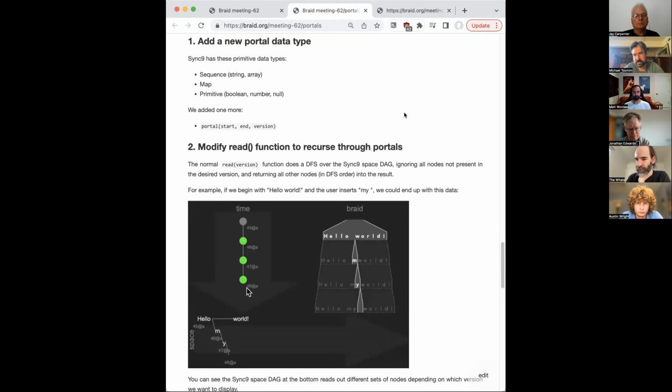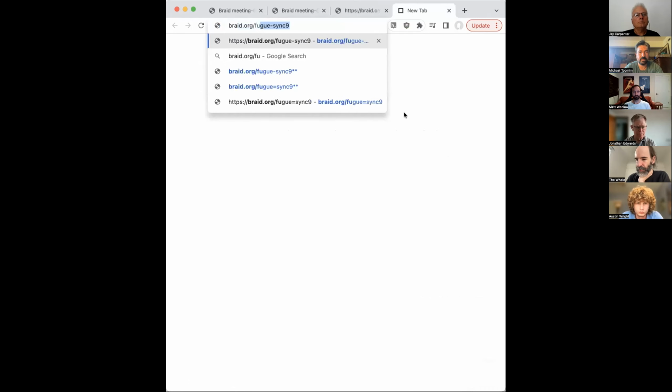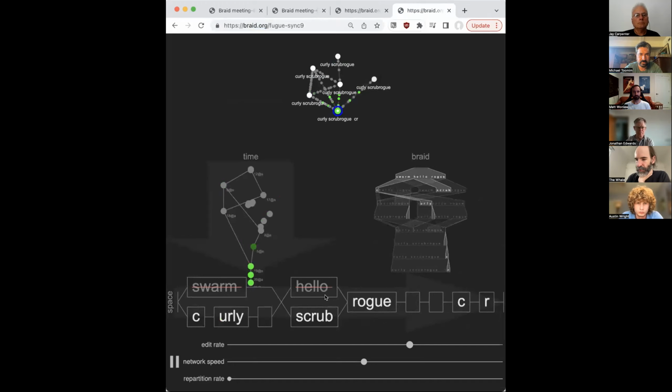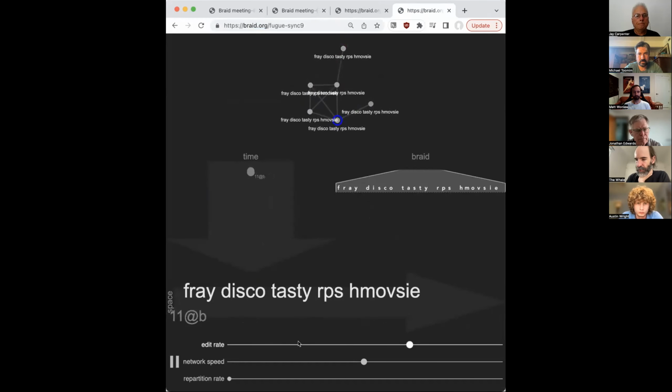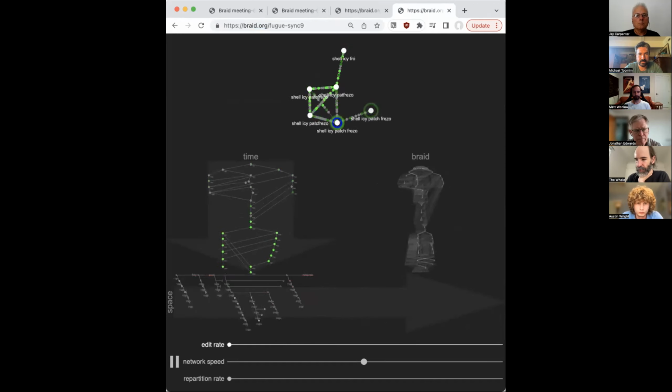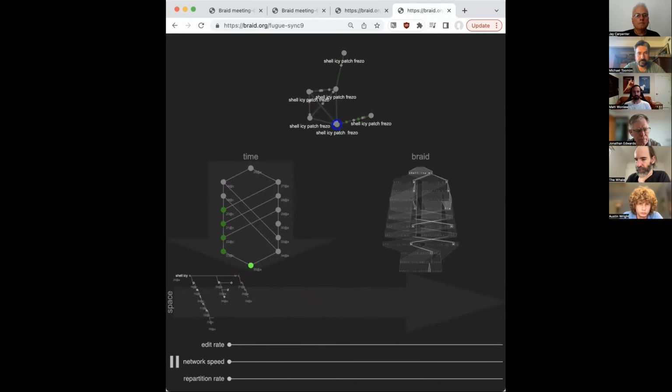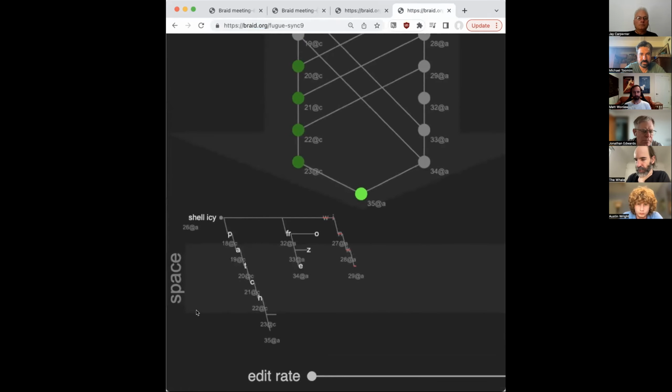So maybe let's ground ourselves in the CRDT itself a little bit. Okay, great. So I just froze some CRDT edits. Currently the text says "shell IC patch freezo", and this is the Sync9 data structure that represents those edits in the fancy time-collapse version, the fancy CRDT thing.